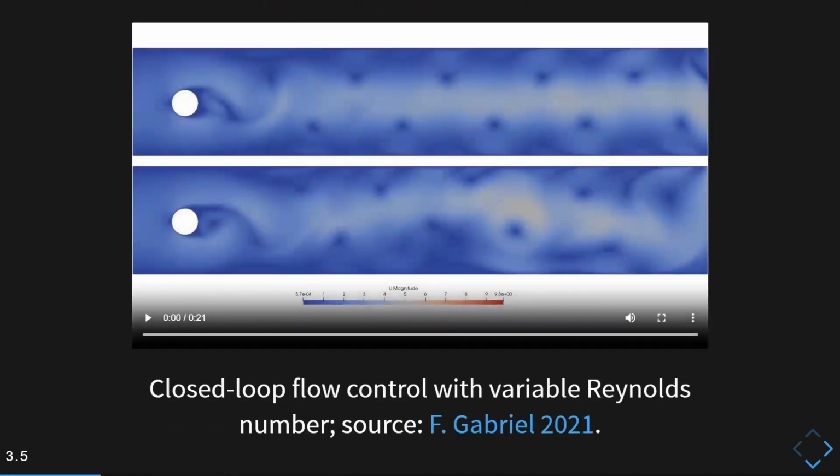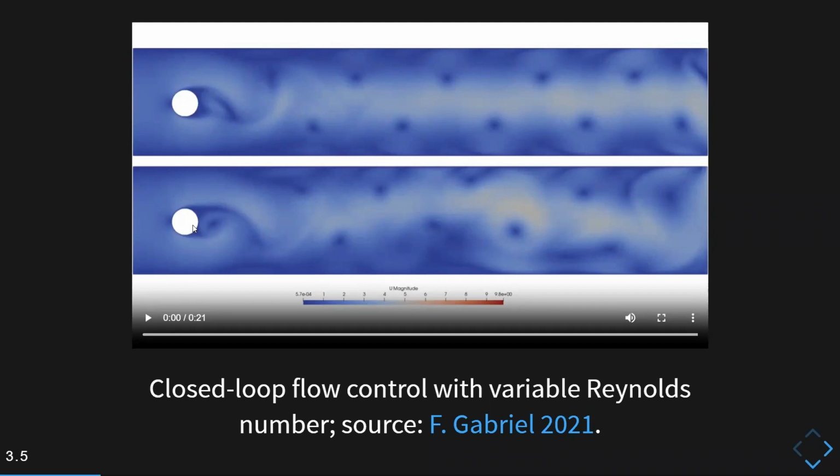And just to show you one motivating example, I have this benchmark case, flow past a cylinder. It's slightly more complex than the standard test case. So we will actually have an inflow coming from the left that varies over time. It starts at a Reynolds number of 100, and then it moves up to 400, and then it goes back down to 100. The upper row essentially shows the uncontrolled case, and in the lower row, you see an actuation